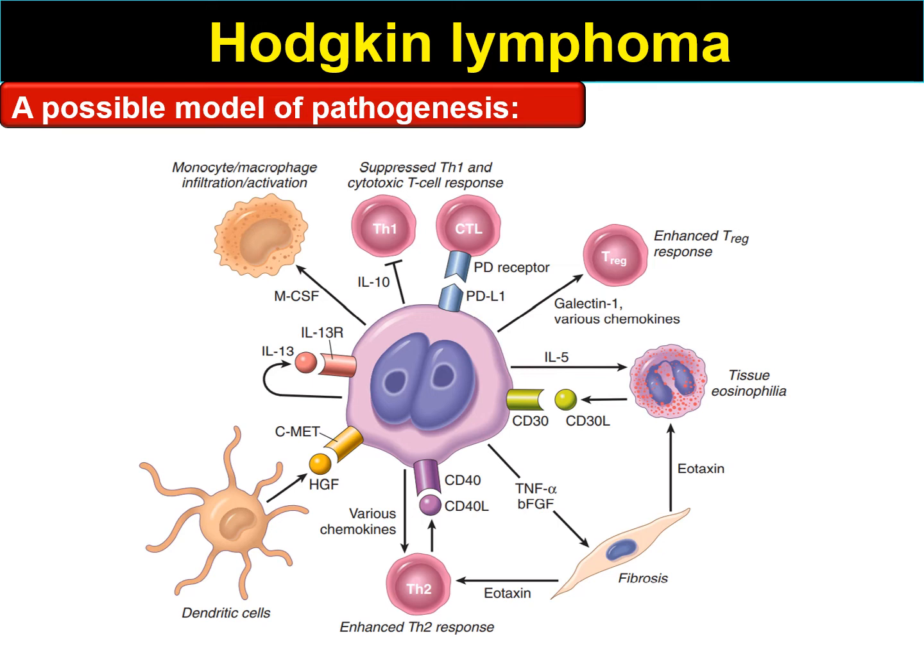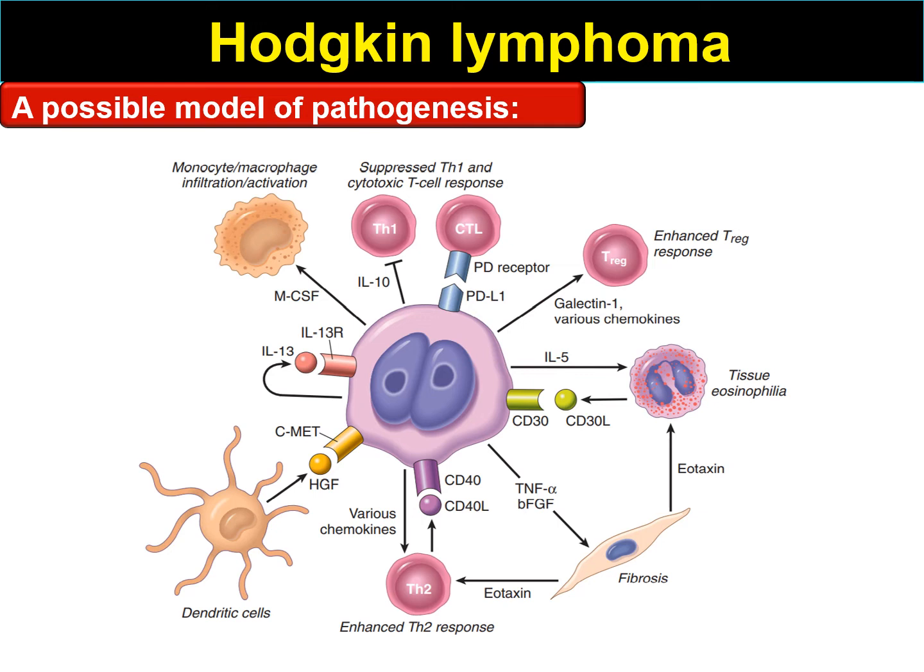One is macrophage colony stimulating factor, which is responsible for monocyte macrophage infiltration or activation. There is expression of the interleukin 13 receptor that is activated by interleukin 13, which is also secreted by this